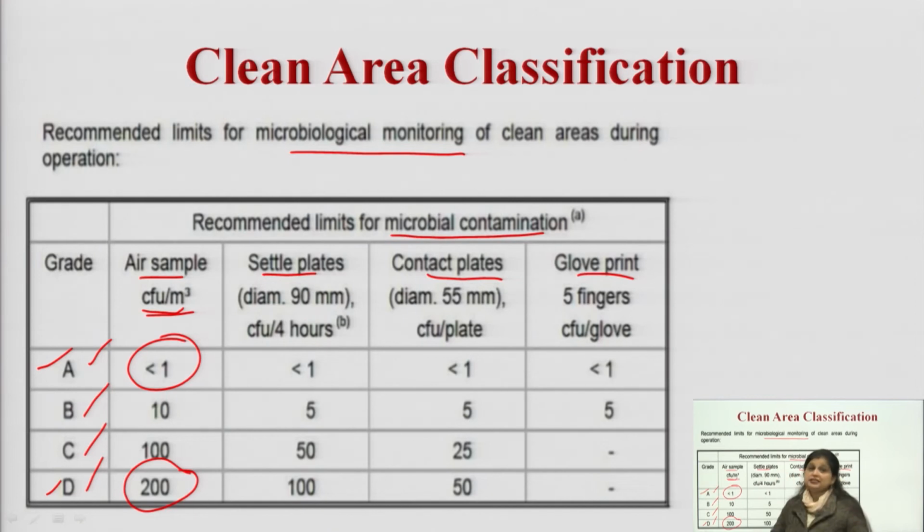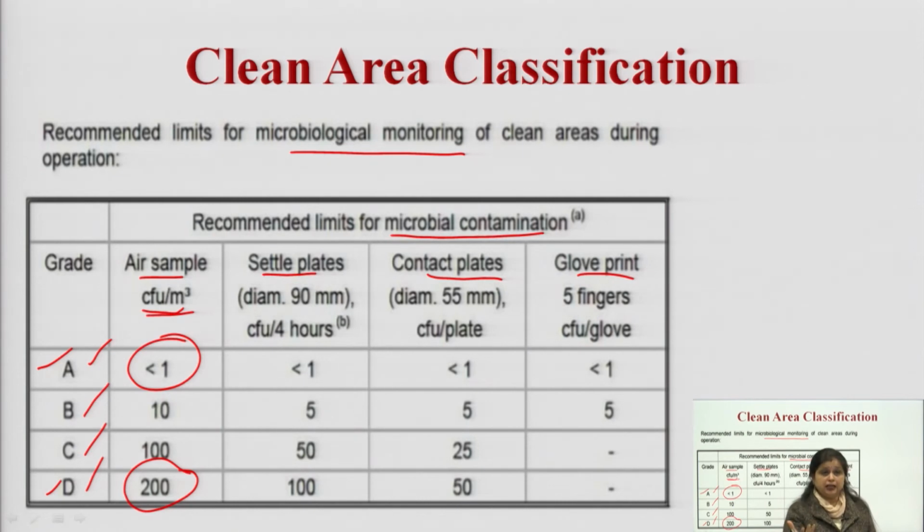So these are the main techniques for collecting samples, like air samples. We can go for settle plate techniques, or contact plate techniques. What we need to do is monitor microbes within the environment in which we are working, and determine their concentration, so we need to decide what technique to follow. These are all techniques for collecting air samples to determine how many microorganisms are there within the air. We can go for settle plate techniques.